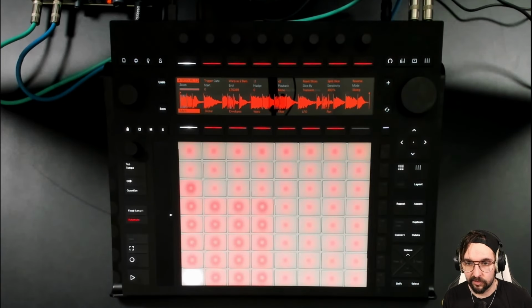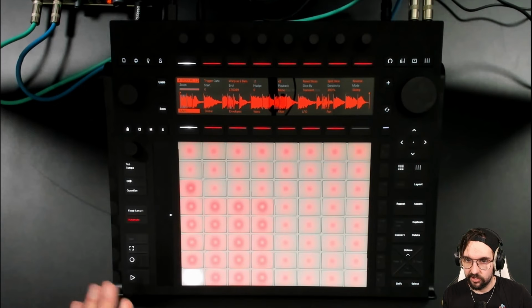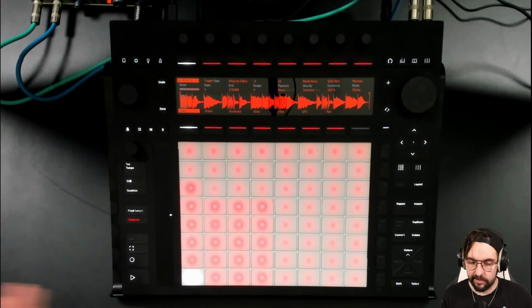This mode is ideal for working with rhythmic samples and drum beats, but I've had some really cool results doing this with melodic stuff and all sorts of weird samples. It can really create interesting parts. In this mode, the grid will show you the playable pads that you have and the number of slices that you have. All the zooming parameters and the warp parameters and the divided by 2 and the times 2 controls